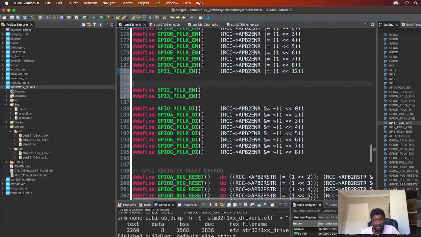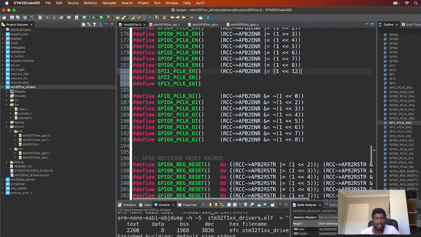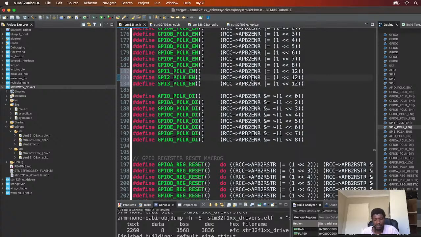Sorry, I'm just wondering how come I broke my code there, but I didn't. Okay, cool. So APB2, APB1, and then it is R14 and R15. Okay, cool. So what have we done? We've just added macros to enable the clock. So now we need to add the same macros